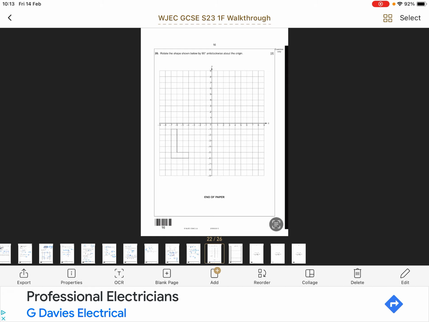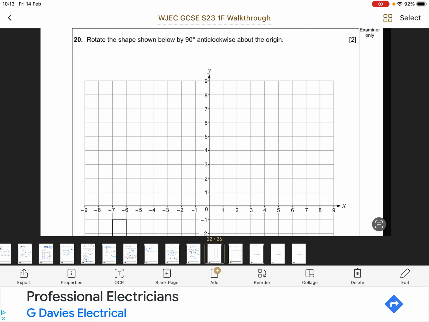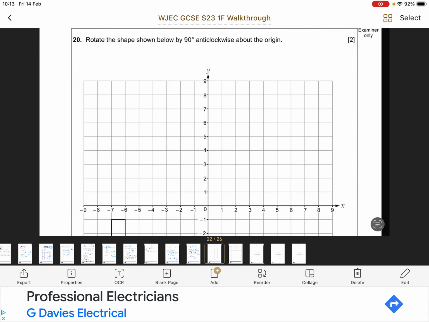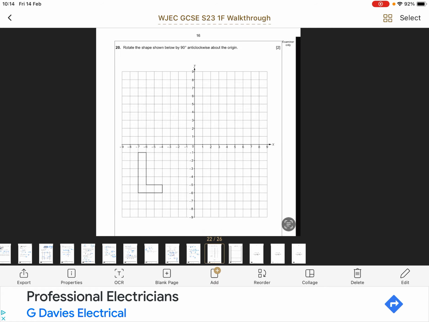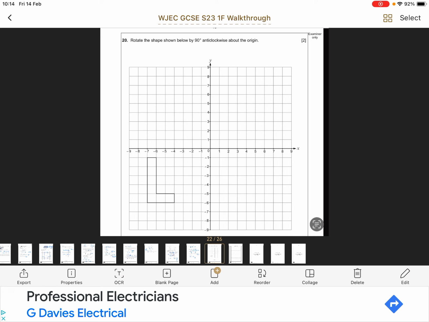Question 20. Rotate the shape shown below 90 degrees anti-clockwise about the origin. Now this is a question that I would recommend you get some tracing paper from the examiner. It's going to be difficult for me to do that on here, but what you're going to do is